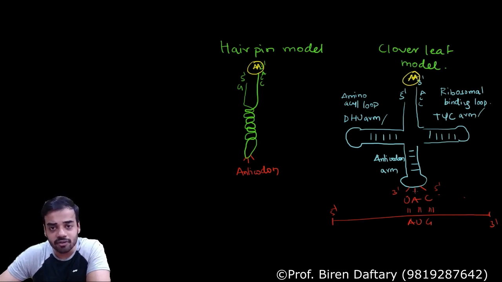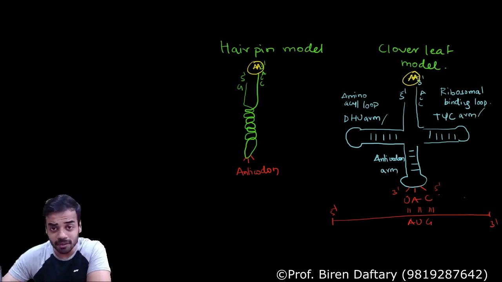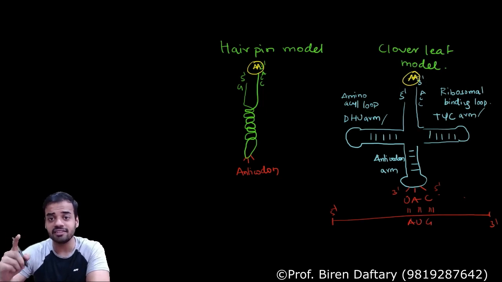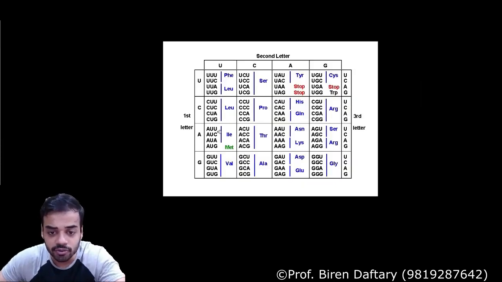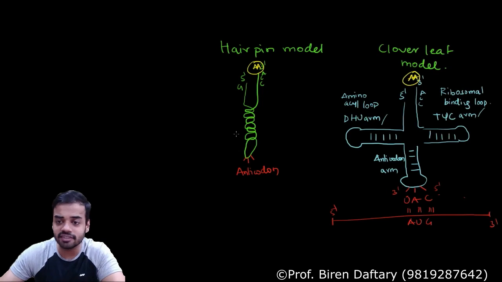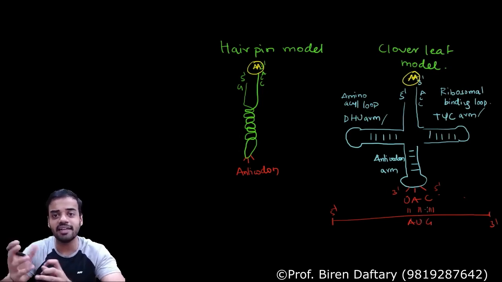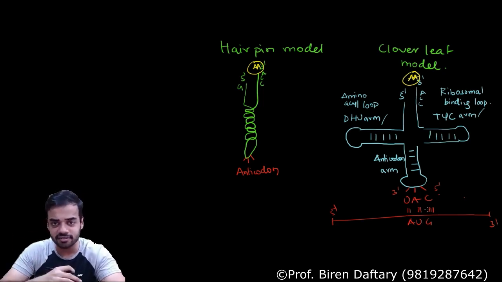So what is the function of anticodon? It is complementary to the codon. If the sequence is AUG, then which amino acid will be present? Please remember, AUG is the start codon, and the start codon always codes for the amino acid methionine. If you look at the chart, you can see AUG is MET, methionine. In eukaryotes the amino acid for AUG is methionine, whereas in prokaryotes there is a slightly different form of methionine called formyl methionine. We will learn it in translation.